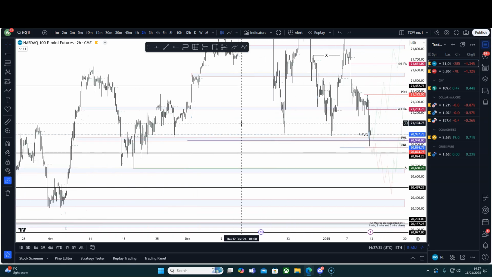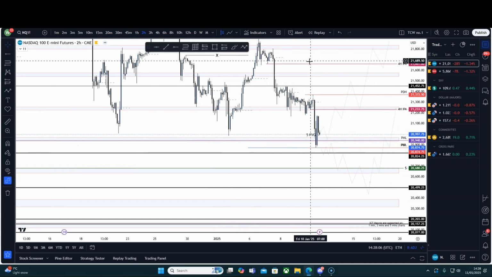Now, I trade a mixture of concepts that I have learned over the past, which includes some ICT concepts, and simple, solid support and resistance, and I pay a lot of attention to the weekly and daily candle closes. And when it comes to trading, we want to look for areas of liquidity manipulation to get in our trades. We want to be on the side of smart money, where they're looking to drive price after they have run major areas of liquidity.